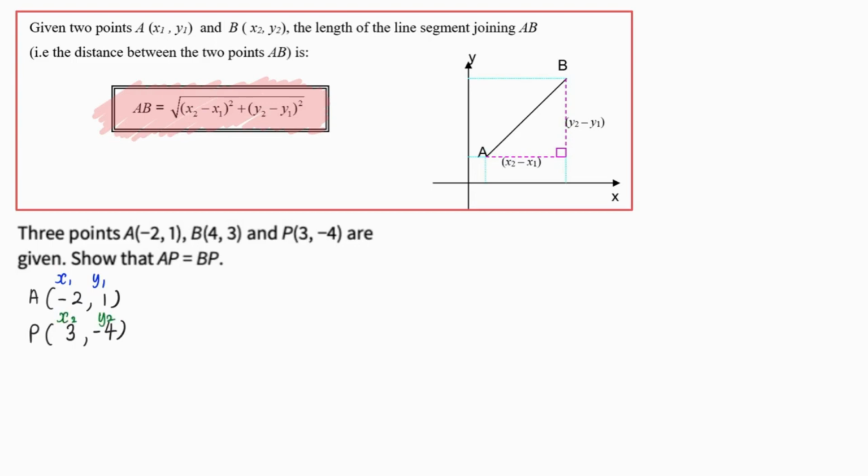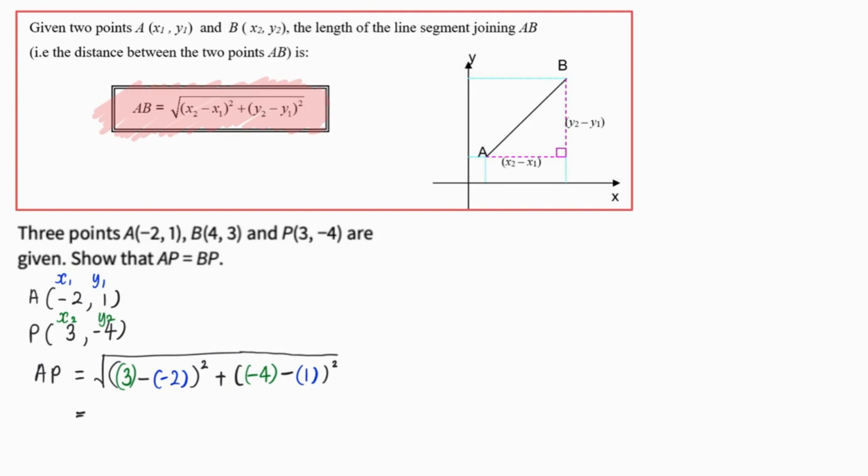AP will be equal to the square root of x2 minus x1, so I will have my 3 minus my -2, the whole thing bracket square, plus y2, which is -4, good to put a bracket, minus away my 1. Actually it's good to put brackets every time you substitute a value in and key into your calculator,